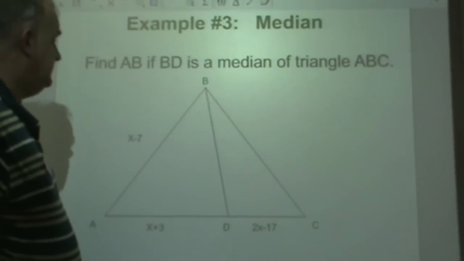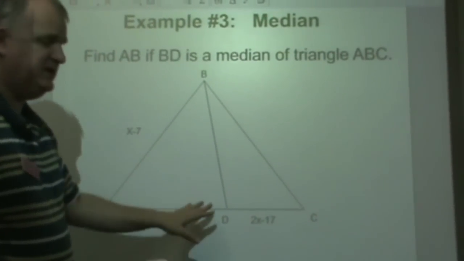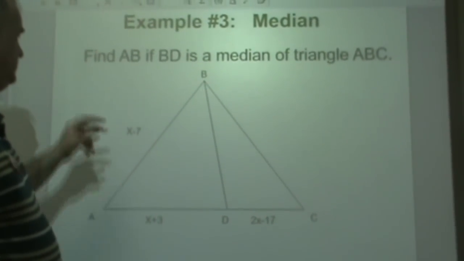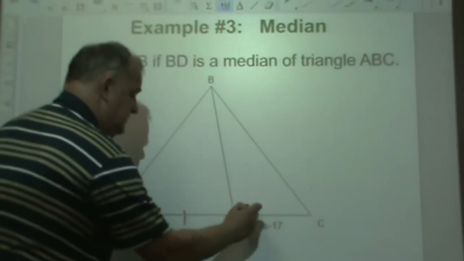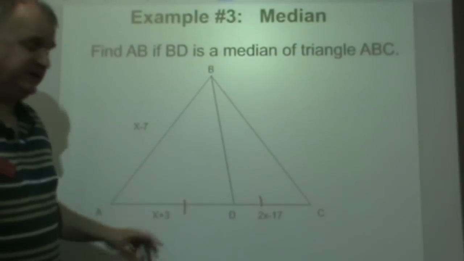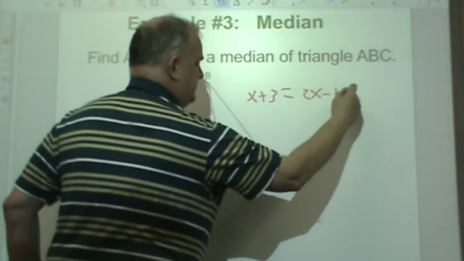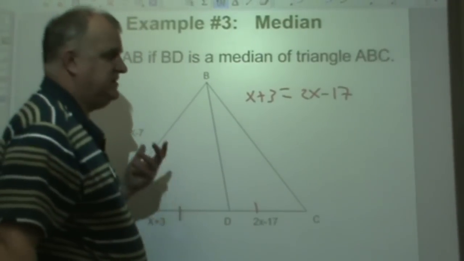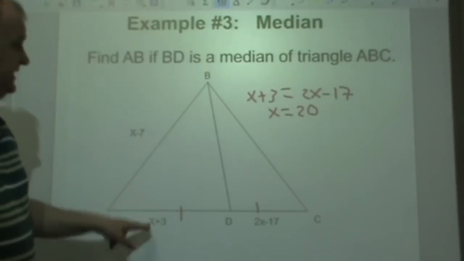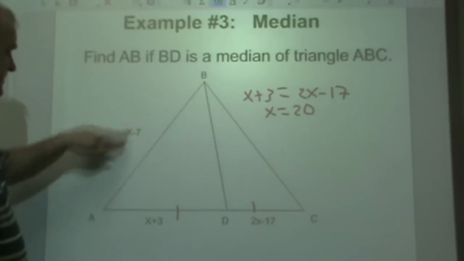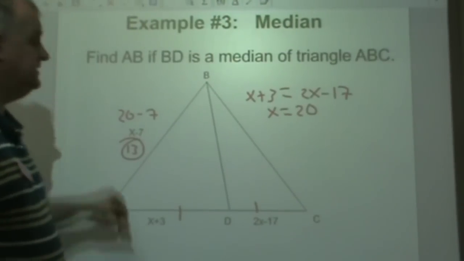So let's take a look at an example. If ABD is a median of triangle ABC, find AB. Well, median just means, based on definition, that these two are the same. We set them equal to each other. We have x plus 3 is equal to 2x minus 17. Subtract x on both sides, add 17, you get x is equal to 20. Plug it in to AB, which is right here. So 20 minus 7 is 13. And that's how we'd find that side. Next one,